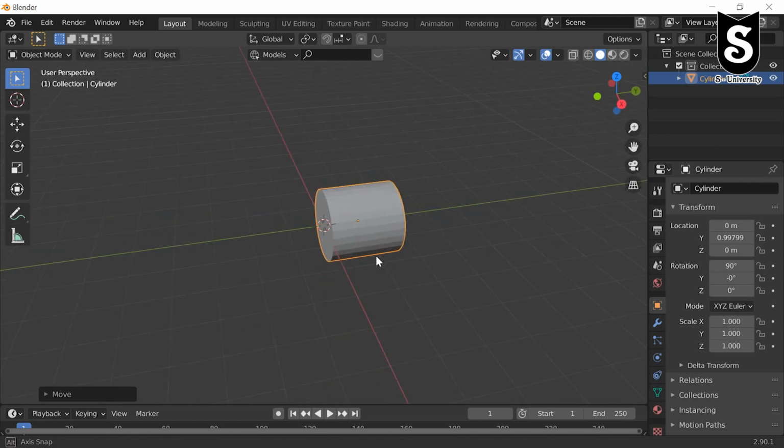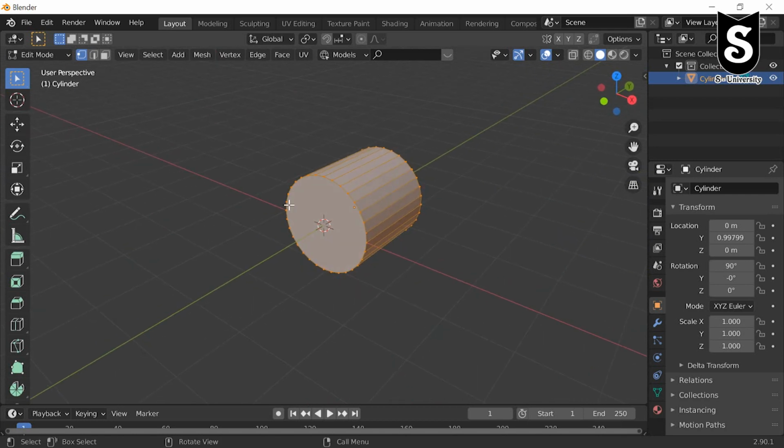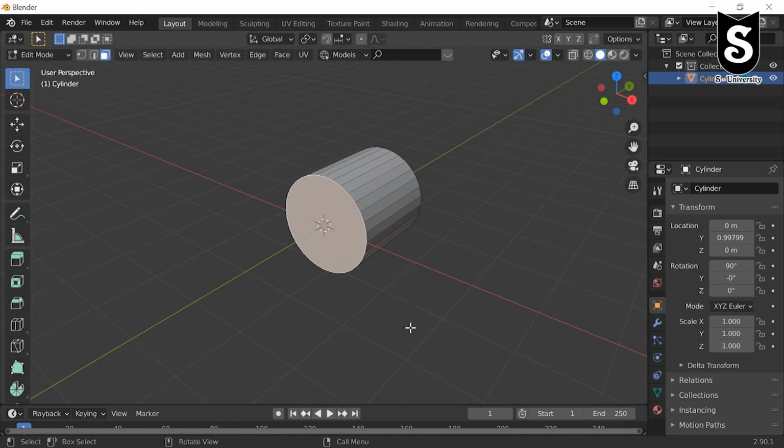Now go to edit mode. Select the face and press S to increase its size.